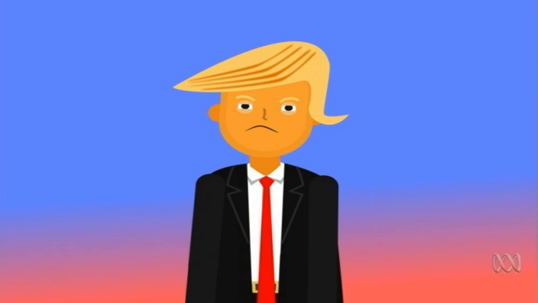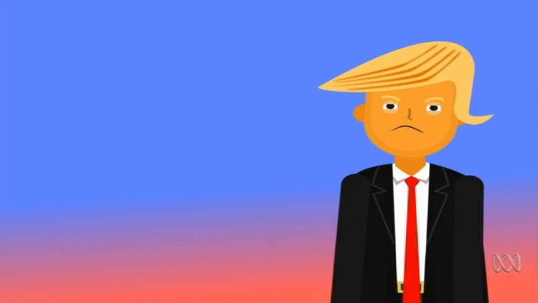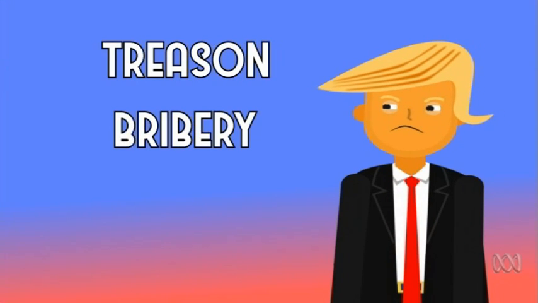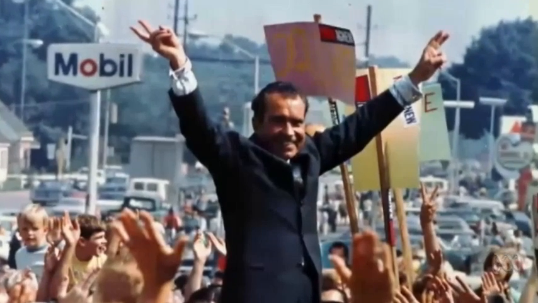First, decide what you think the president has done wrong. The Constitution says grounds for impeachment include treason, bribery and high crimes and misdemeanours. So, in practice, it's up to the House to decide if a crime is impeachable. Maybe it's obstruction of justice, like when Richard Nixon ordered his staff to get the FBI to drop their inquiry